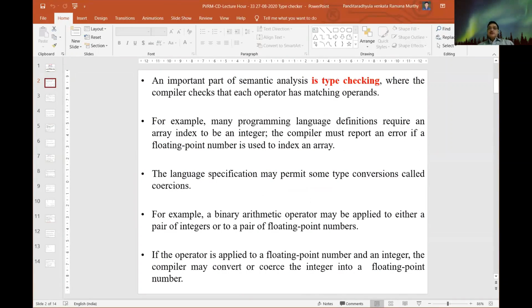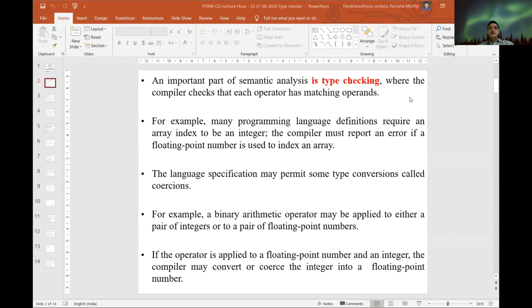Today's topic is type checking. The type checking is a part of the semantic analysis. In the semantic analysis, the compiler checks whether each operator has matching operands or not, whether each operand is compatible or not, before performing the operation.